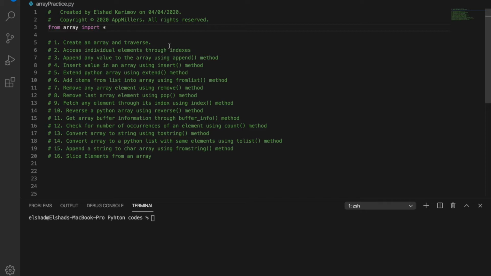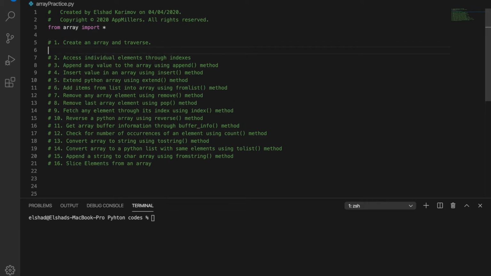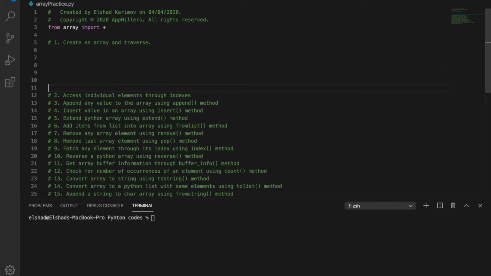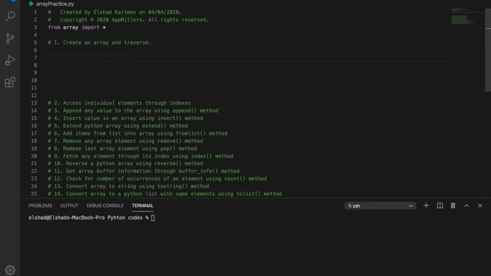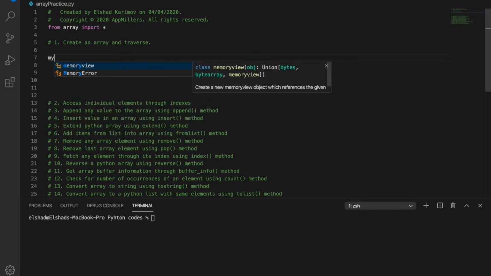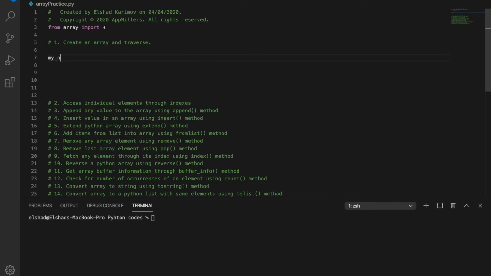So what's the first step? The first step is we create an array and we will traverse through the array. So let me just put it like this because I want to make these comments as headers for each step. So we'll start from here. Let's create one sample array. When we create an array, first we need to write the array's name. So the array name will be my array